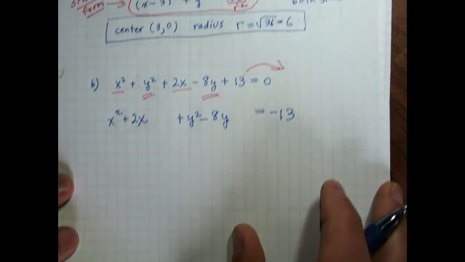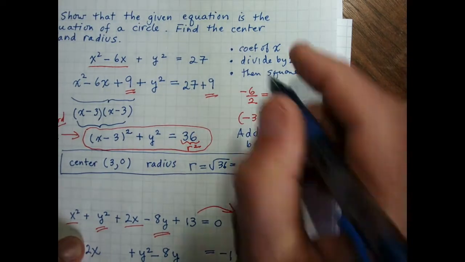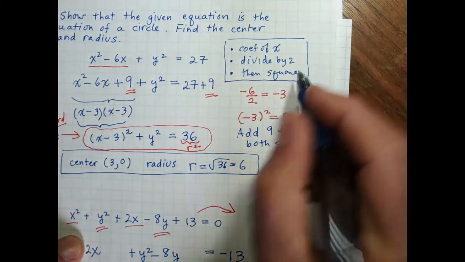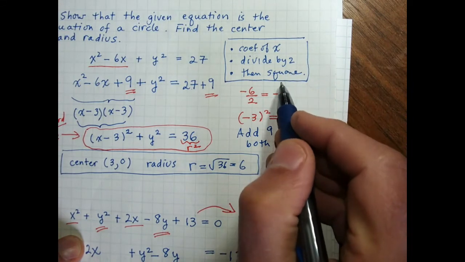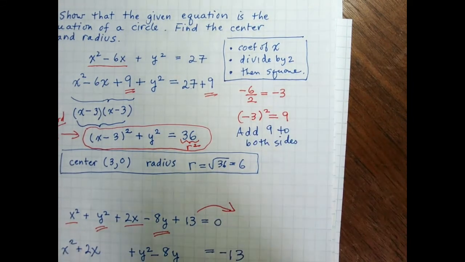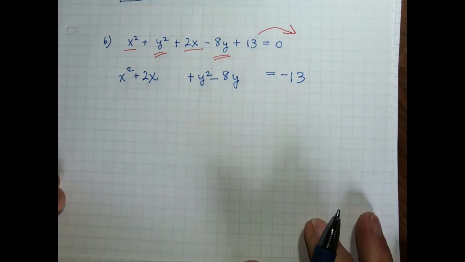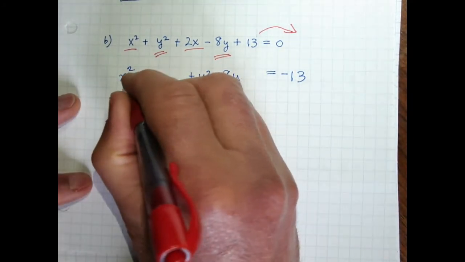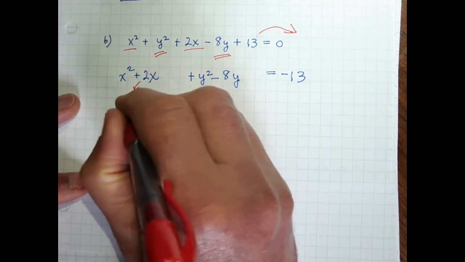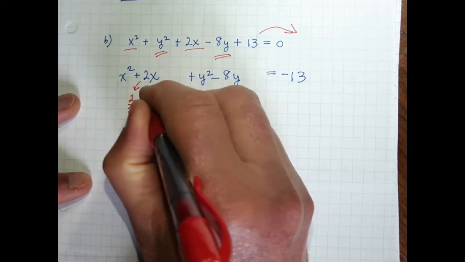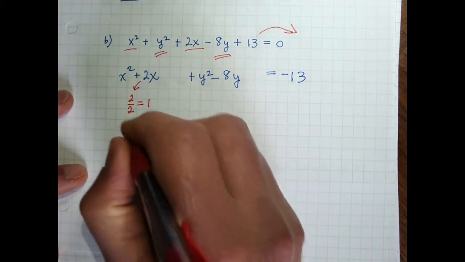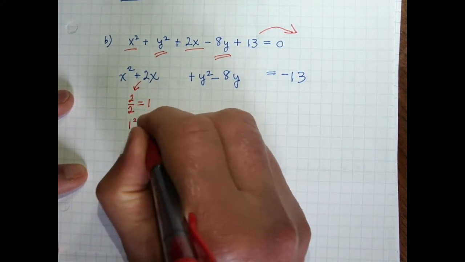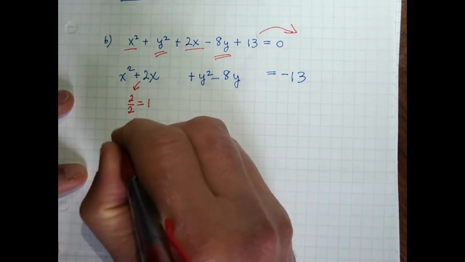Now we're going to go back to that process of taking the coefficient of a variable, dividing by 2, and then squaring, kind of like what we did before. So I'm going to take the coefficient of x here, which is 2. I have to divide it by 2. 2 divided by 2 is 1. Then I have to square it. I got to take the 1 and square it. Well, that's still just going to be 1. I'm going to add